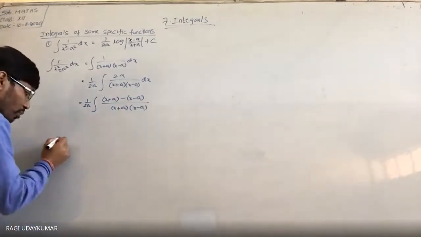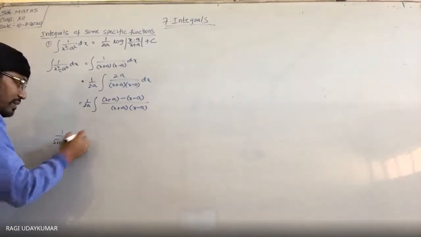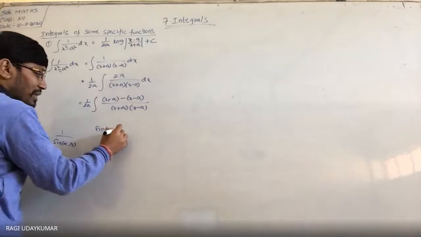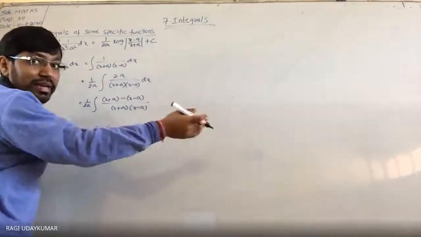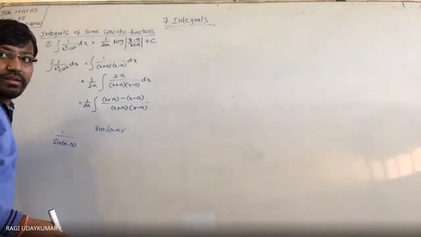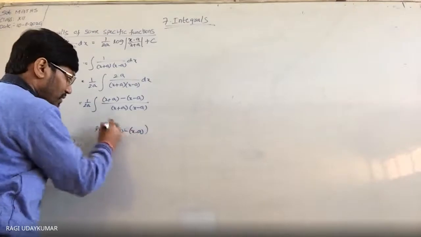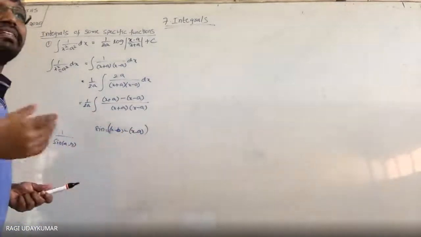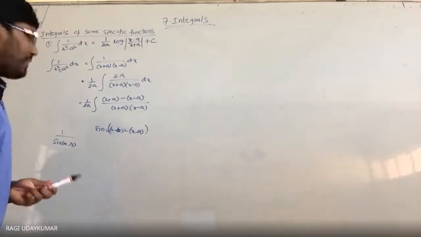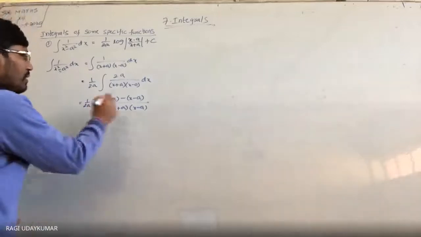Previously, in the previous exercise, we solved 1 by sin a minus b, where we took sin a minus b here and here also. And this a minus b we wrote as x minus a into x minus b, sorry, x minus b minus x minus a. Like this we have written. Do you remember? See here, one is interlinked with that. Everything you have to go on learning. So here dx will be there.